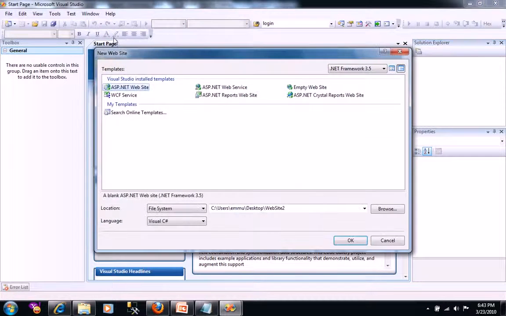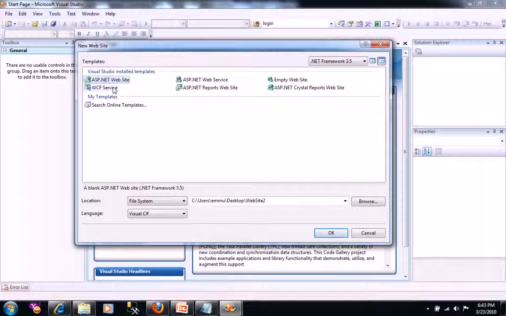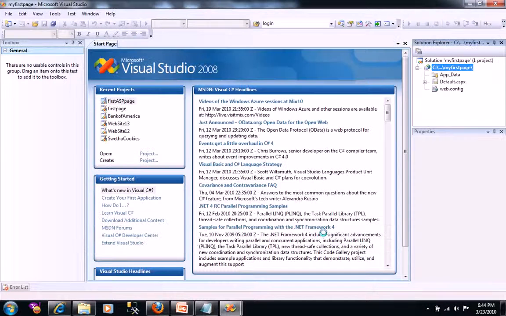Just select website, and you see the new website window. Here just select ASP.NET website, and location as file system, and you can change your name to anything, like my first page, and you select your language as Visual C#. I will explain Visual Basic also in further classes or separately on our website. Just press OK,